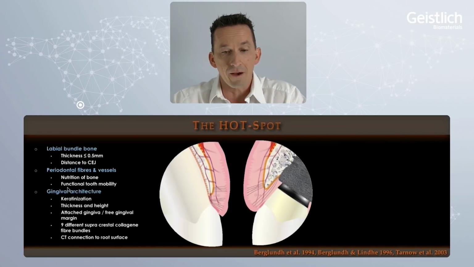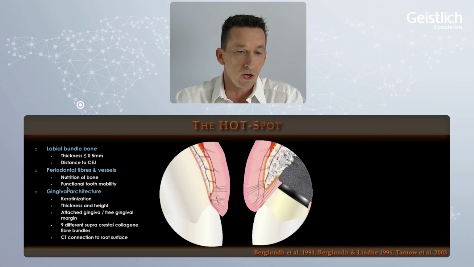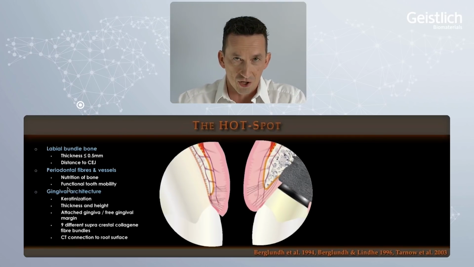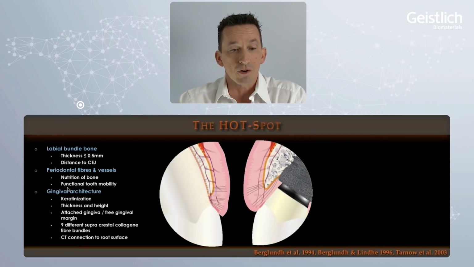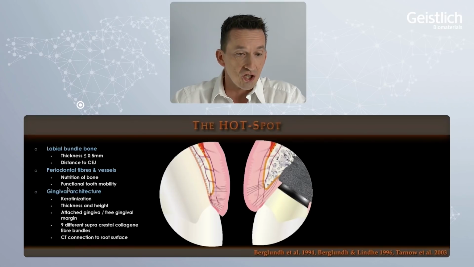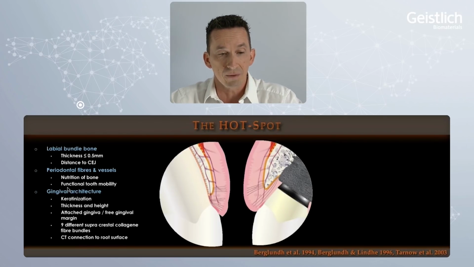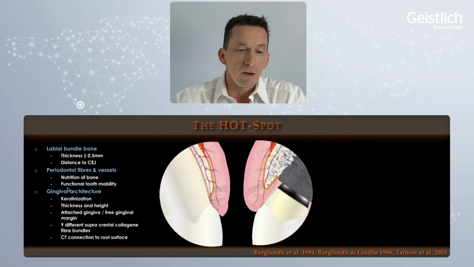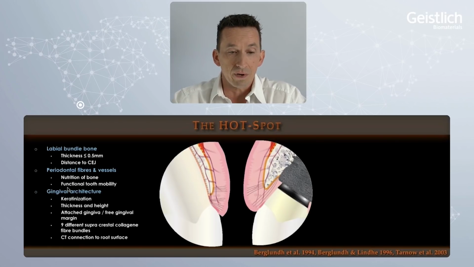And finally, we have above the alveolar crest a gingival architecture, which has a certain keratinization, which gives us a certain thickness of tissue, attached gingiva, a free gingival margin, and this is done by 9 different supracrestal